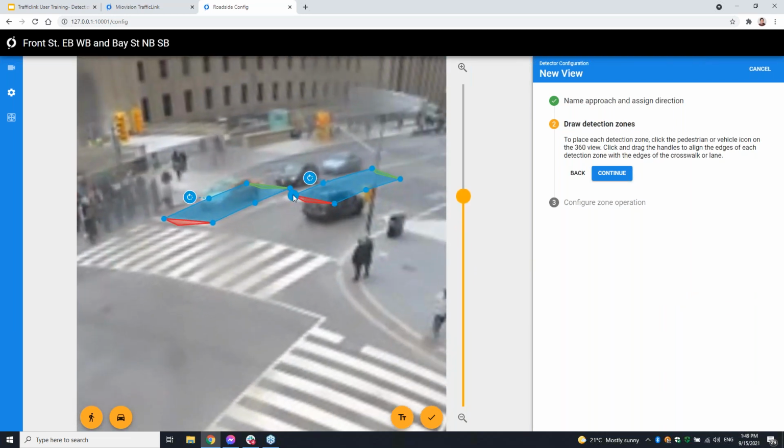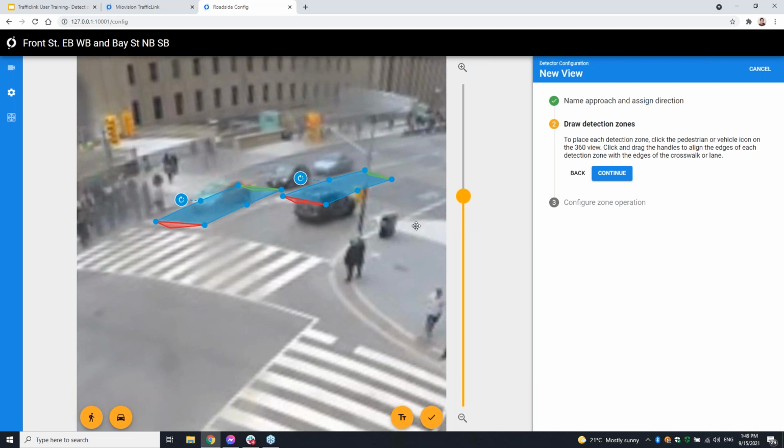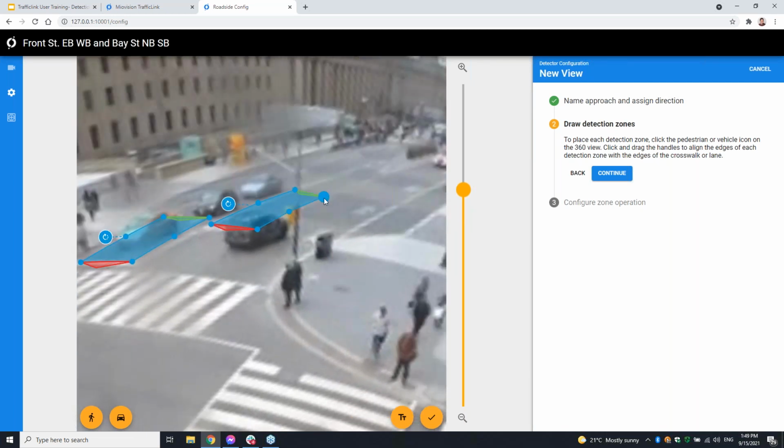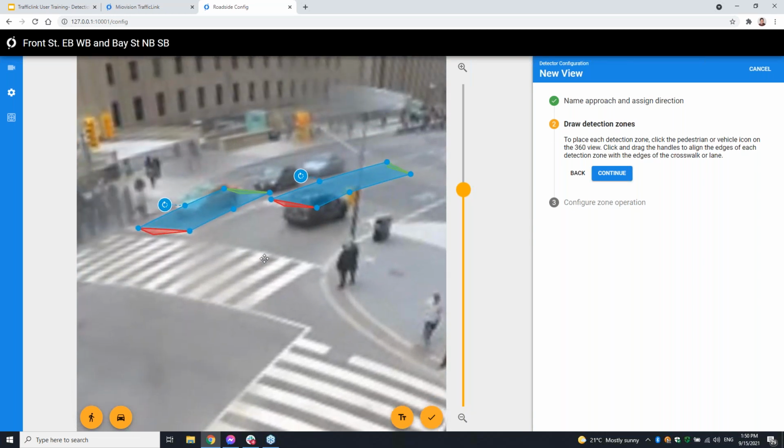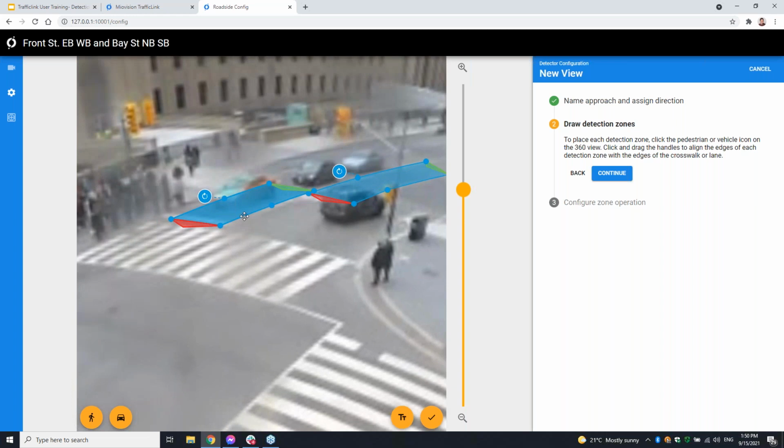So it's trying to do a bunch of the work for you. It's trying to align the zones as much as it can to what it is expecting them to be based on the configuration. So what you want to do is start drawing those zones, and you can tell we're not actually labeling detection channels just yet. We are just drawing zones at this point, just to give the lay of the land.